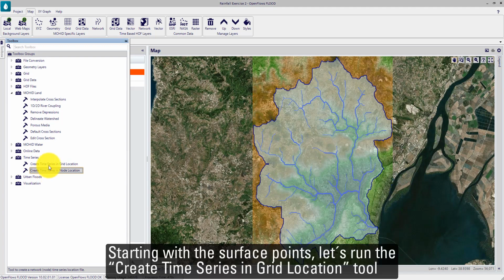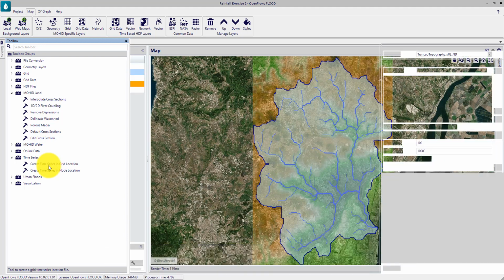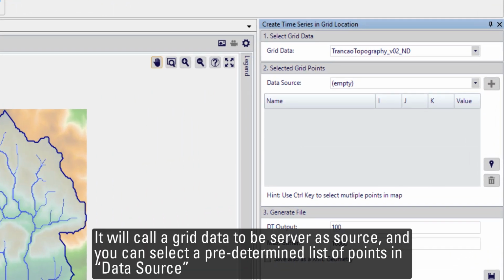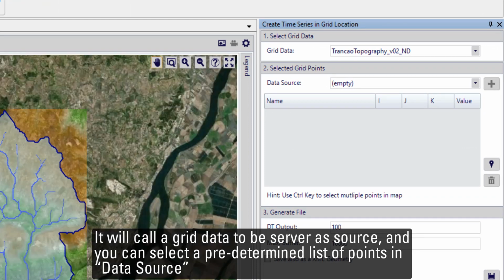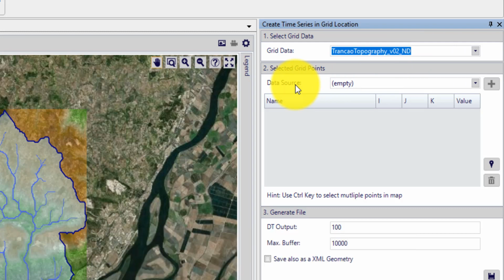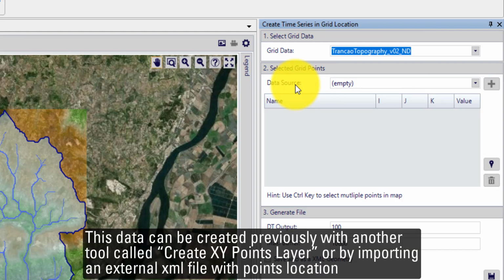Start with the surface points. Let's run the Create Time Series in Grid Location tool. It will call a grid data to be served as a source. And you can select the predetermined list of points in data source. This data can be created previously with another tool called Create XY Points Layer, or by importing an external XML